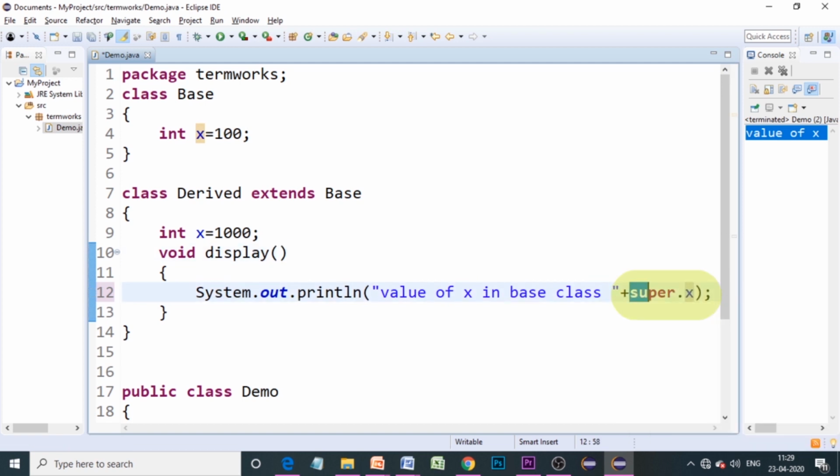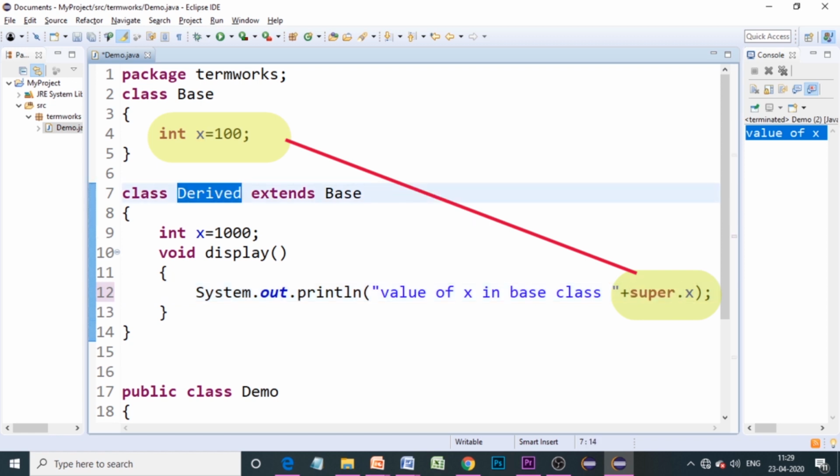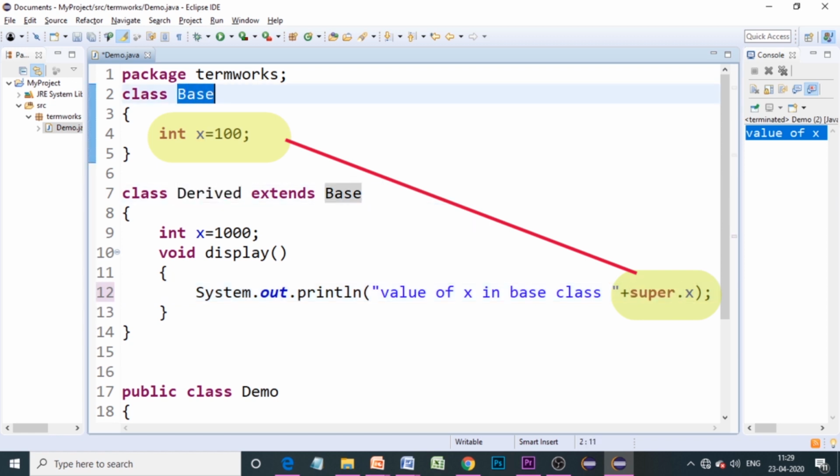So super here refers to the super class of the derived class. We know that the super class of Derived is Base. So when we write super.x, it is going to get the value of x from its parent, that is x equals 100.